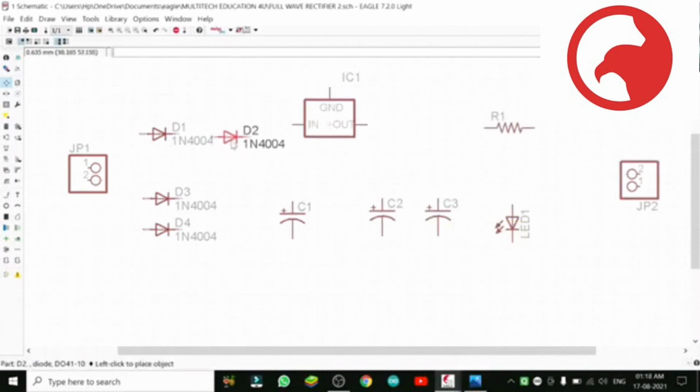It is not necessary, you can make changes as per your convenience to draw the wiring diagram, to make it so. So see, I am putting it like this so that wiring will be easy for me. So like this, the wiring we will do in the next part. We will start with the wiring.